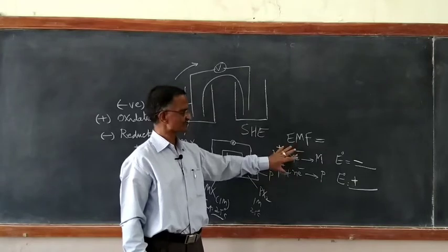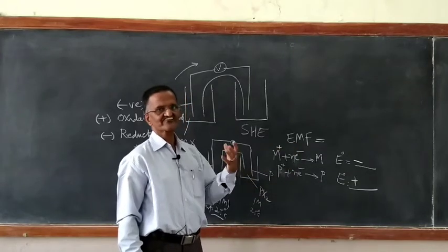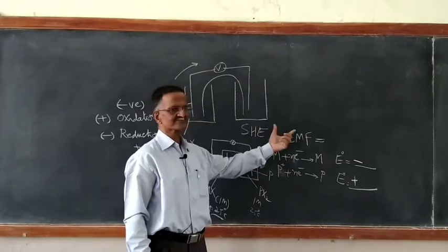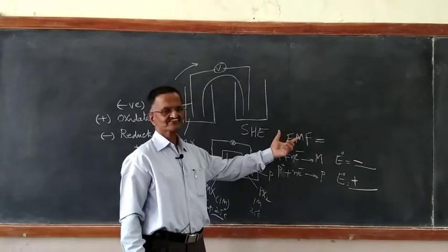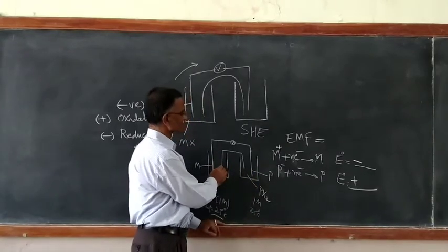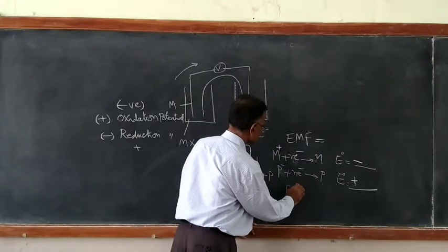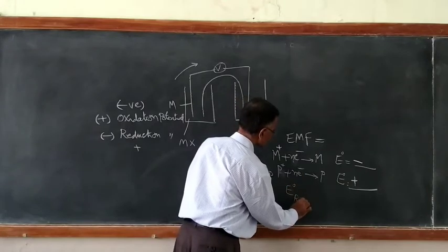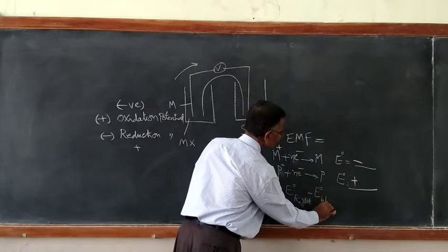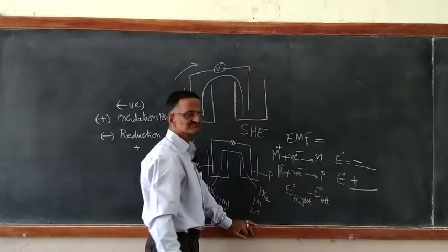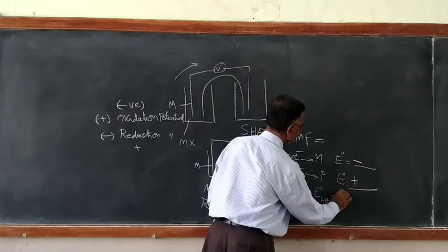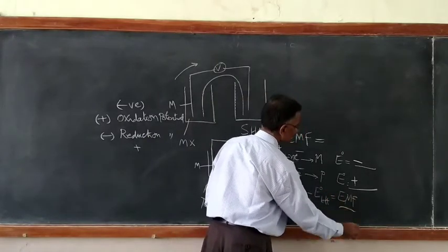So when I have these two values for the two half cells, how to tell how much voltage I am going to have from that electrochemical cell constructed? How to find? It is very simple. This is my right half cell, this is my left half cell. So what is that which we write? E naught right minus E naught left. E naught right minus E naught left gives the EMF of the cell.